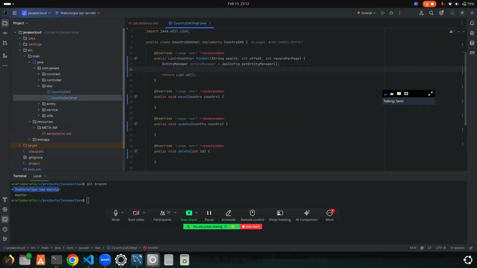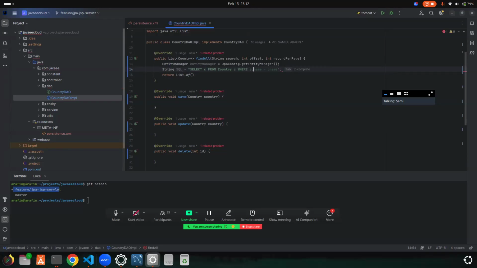And after that, I will write String sql equals select c from Country c